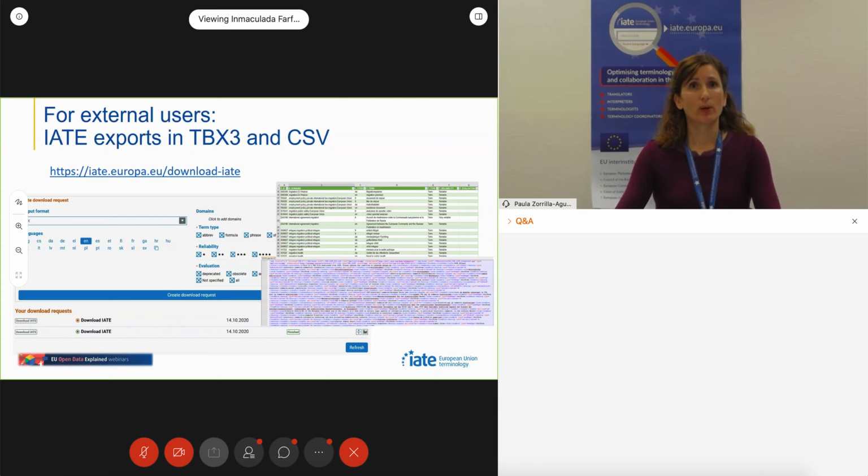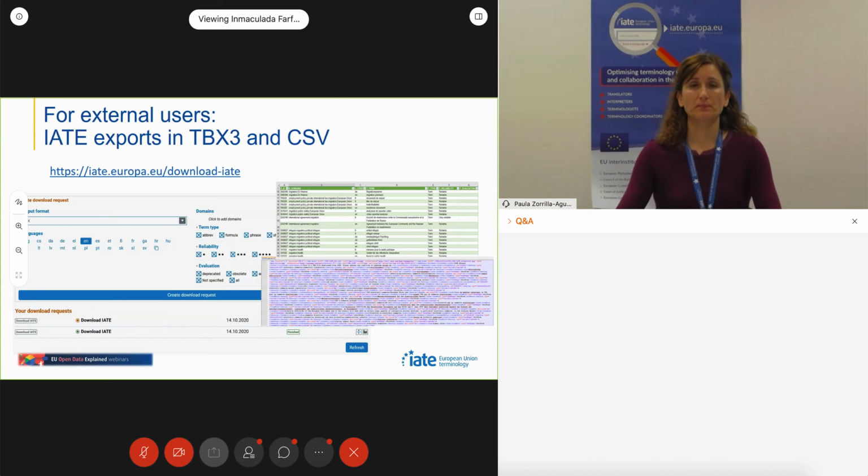The datasets for download include very few metadata, particularly because these IATE exports can be used for commercial purposes. This is not the case for the most complete entries that you can get via the public search APIs or the search screen. We advise you to consult the legal notice and the terms and conditions of use available in the IATE site.